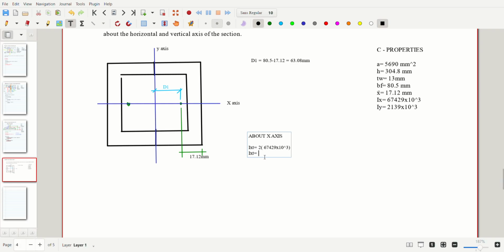So ano siya? 1348 1348 558 mm raised to the 4th. So ano siyang answer? So then about